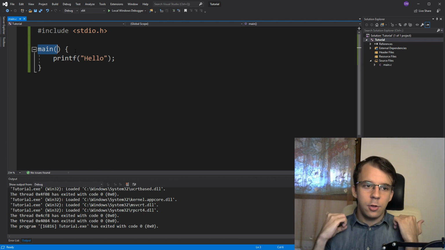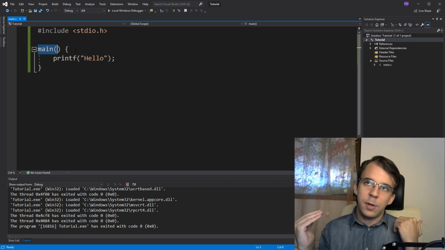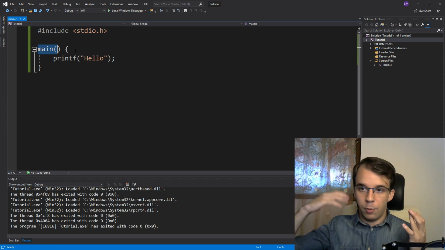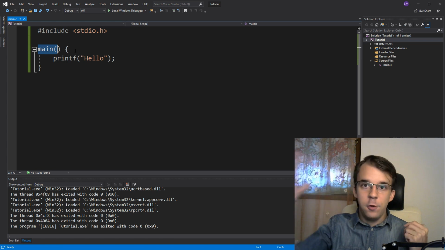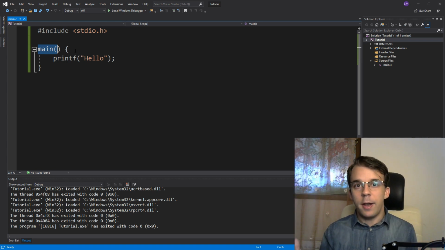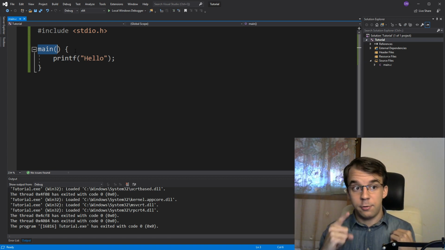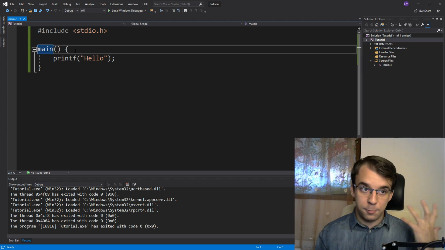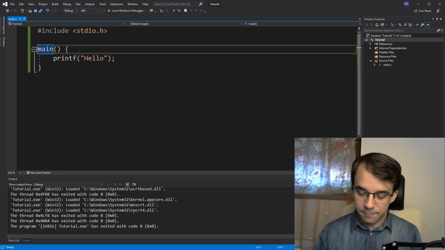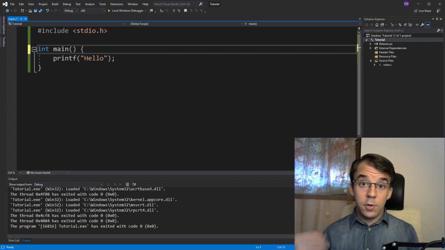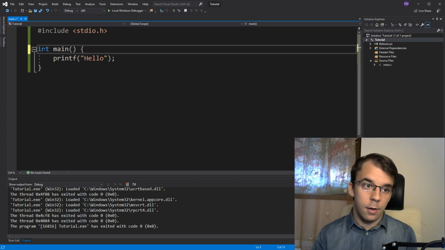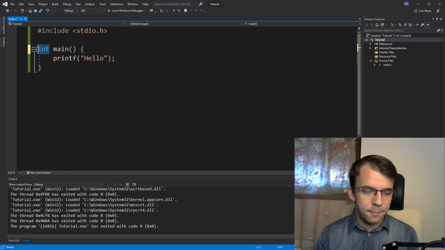And why I don't want you to get this wrong is because in the future, like very far future, you might see compilers that don't support this sort of return type. So you have to actually specify a return type to the main function, and that is int. All right, so now that we know we have to declare the return type as int for the main function,